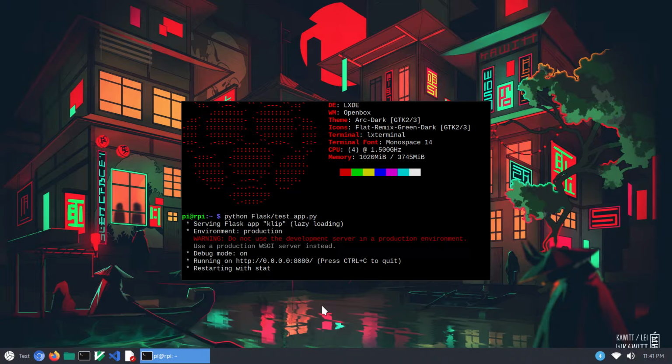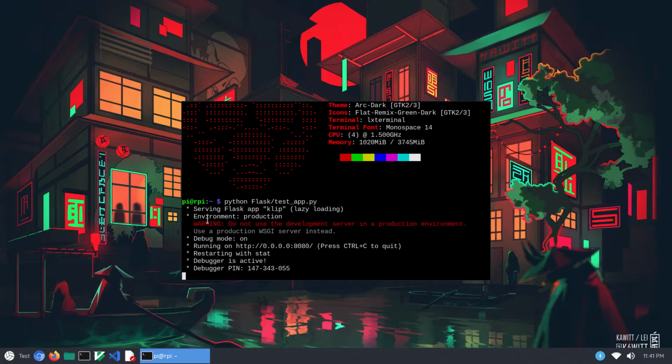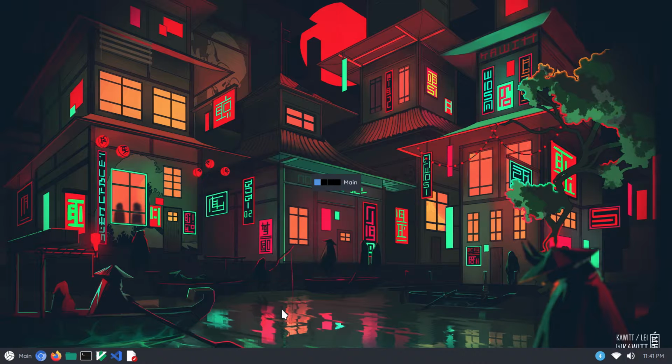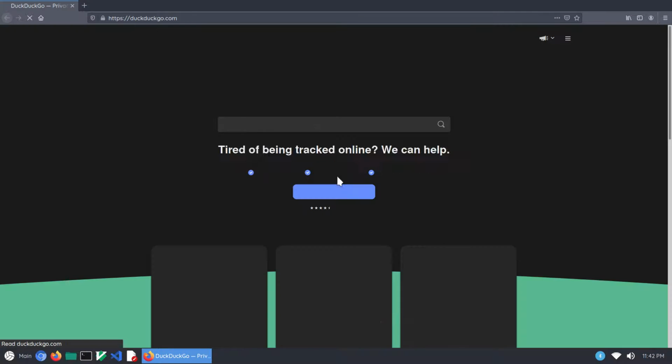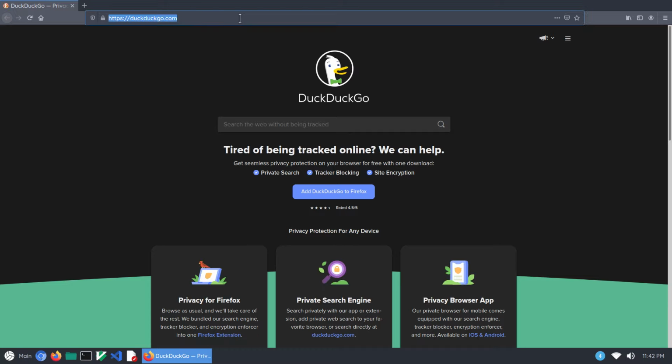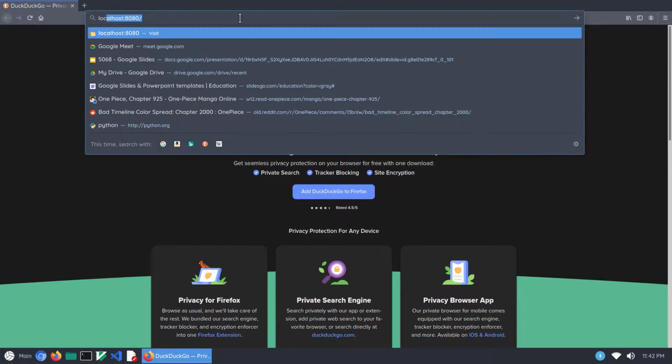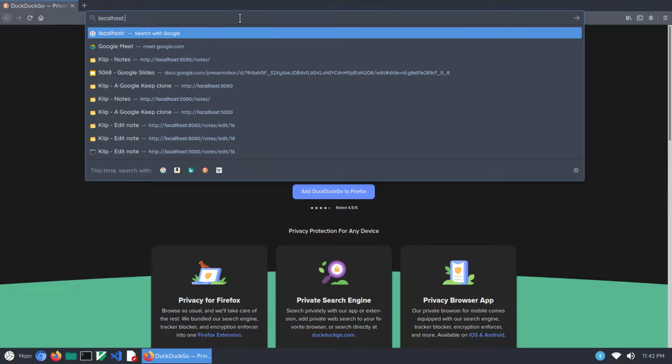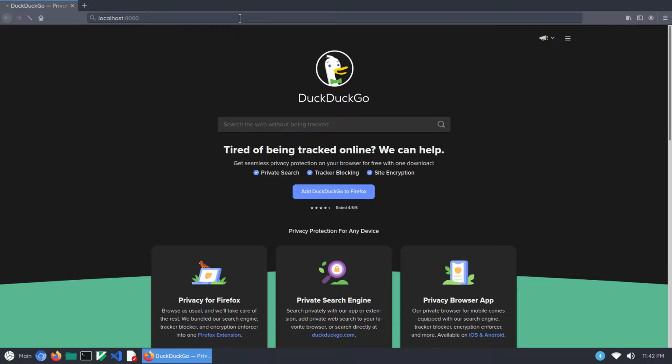As we run app.py, we see "Serving Flask app" and "Running on http://0.0.0.0:8080". In the context of servers, 0.0.0.0 means all IPv4 addresses on the local machine, and port 8080 is a standard port for HTTP and HTTPS. So if you start a browser and go to localhost, which is the address of the local machine, and port 8080, we should be welcomed by our app's homepage.